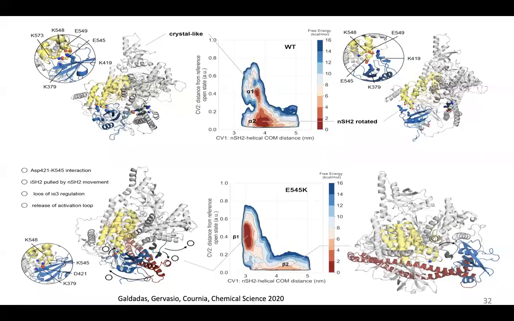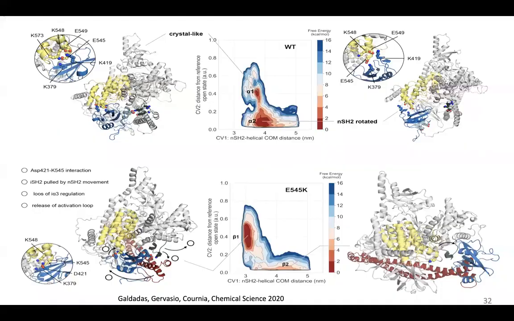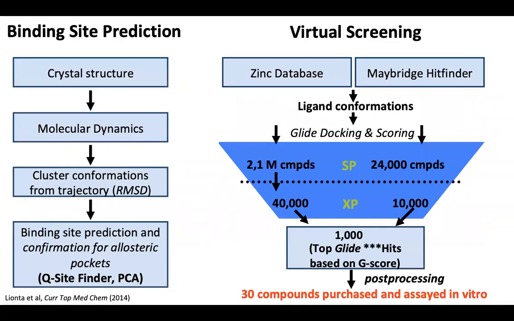So together with the computations that I showed for the 1047R mutant and the computational experiments we did for E545 covering the free energy landscape of the mutant, we set out to do a drug screening campaign with a binding site prediction, starting from crystal structure and extensive molecular dynamics that uncovered the full free energy landscape, as Francesco very nicely mentioned. Then finding binding sites that were there on the protein,